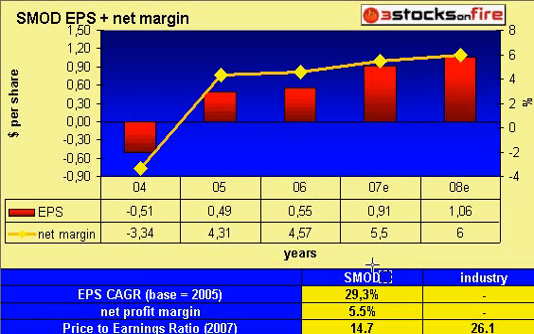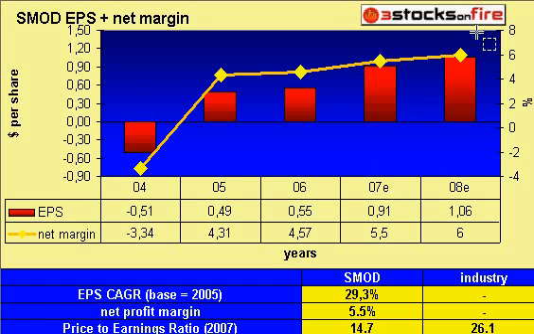Net profit margin was 5.5% in 2007. 2007 is not over yet. We still have 2 quarters to go on a fiscal basis. Price to earnings ratio, considering 2007 estimates, is 14.7 for SMOD and 26.1 for the industry average. So again, the stock is trading at a below average multiple, but it also seems it is a lower than average